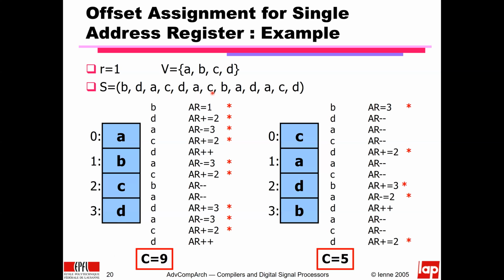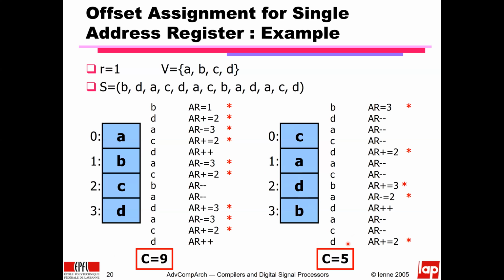What I would like to do with my compiler is that since I don't care where these variables are in memory, because they can be at any location, I couldn't care less, I would like to find out if there is a different ordering, like C at address 0, A at address 1, D at address 2, and B at address 3, where if I go through exactly the same sequence, because the sequence, again, is fixed and is typical of my program, I have fewer occasions where I have to